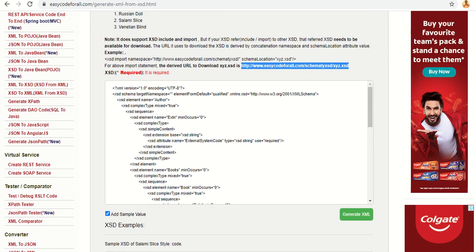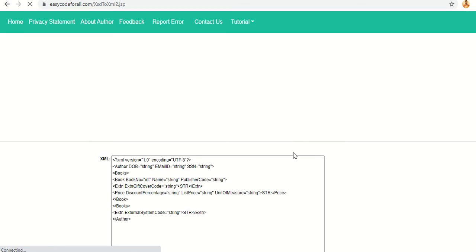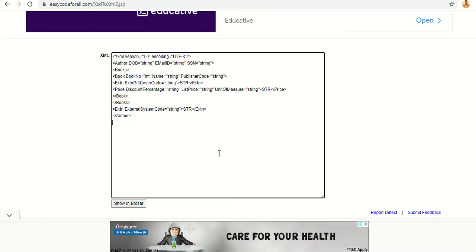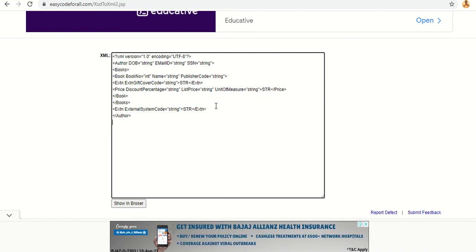Okay. Another important part is that it mainly generates the XML structure. In that structure, it tries to fill the value based on the data type. But in most cases, if it could not determine the value, it gives some string value. So once it generates the XML, you can fill the data manually in this XML. Okay, that's how you can get your desired XML.